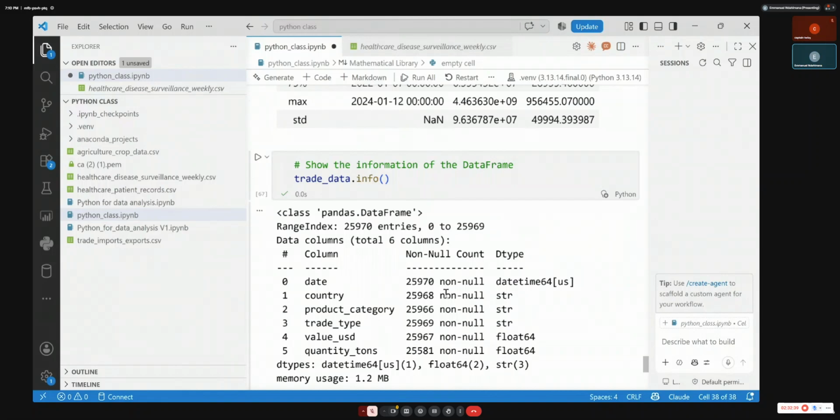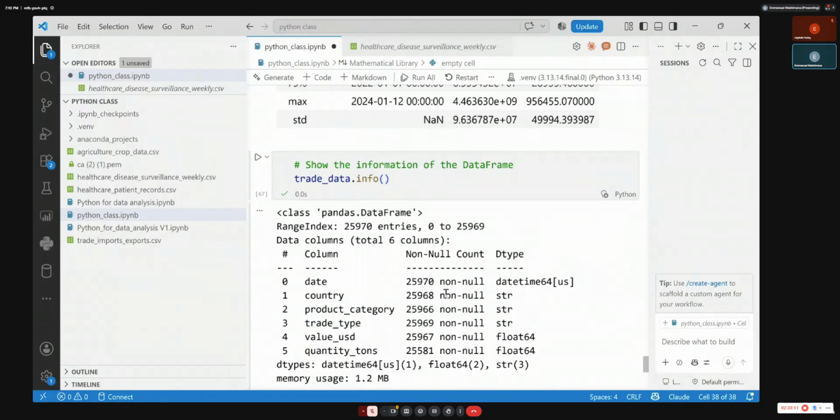How many quantity do we have? 2,961. You see the difference? Nine. You see what this nine means? It means you have nine nulls in the value in USD. So there are somewhere we have missing values within it.